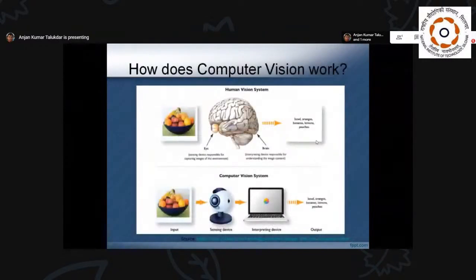So how does computer vision work? So the top figure shows our human